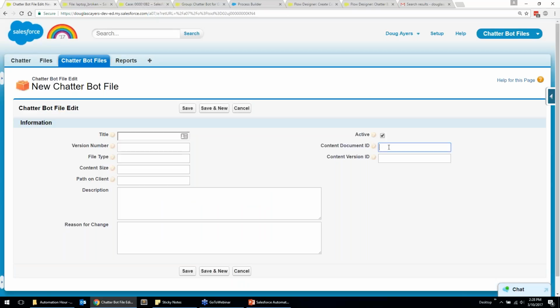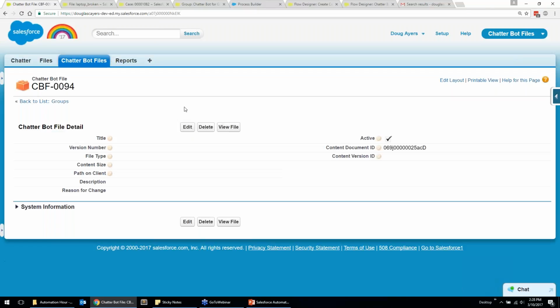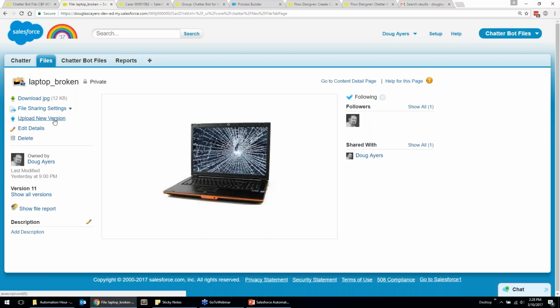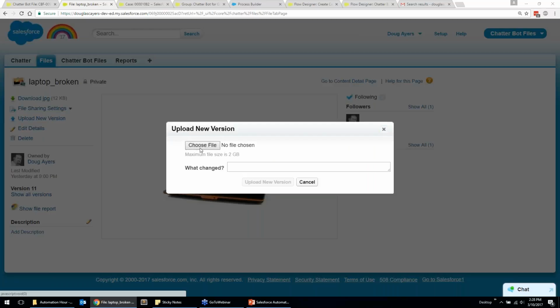Come back. And as the admin, we're now setting up this file for anyone who wants to be notified of instant changes. All they have to do is follow the file. And whenever the file gets changed, then the trigger will update all this other pertinent information. Okay, so we'll say I want to follow the file, and maybe there's some other team members that are following the file as well, and as soon as I upload a new version,